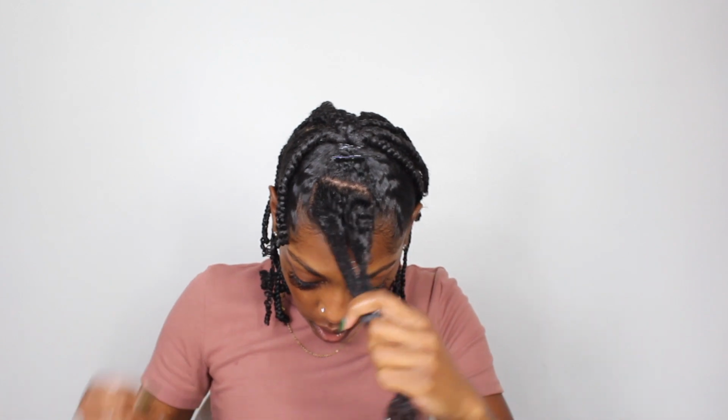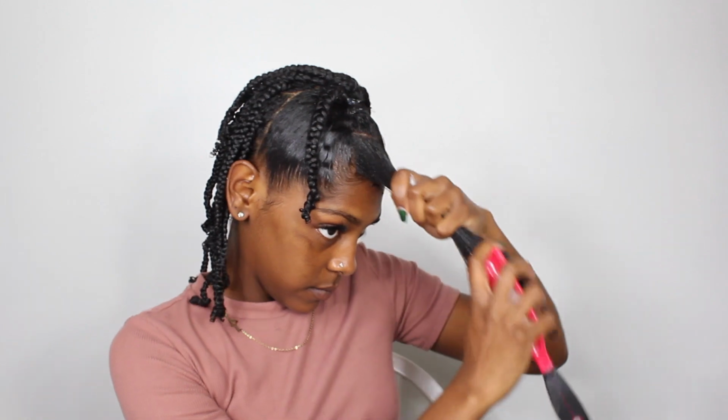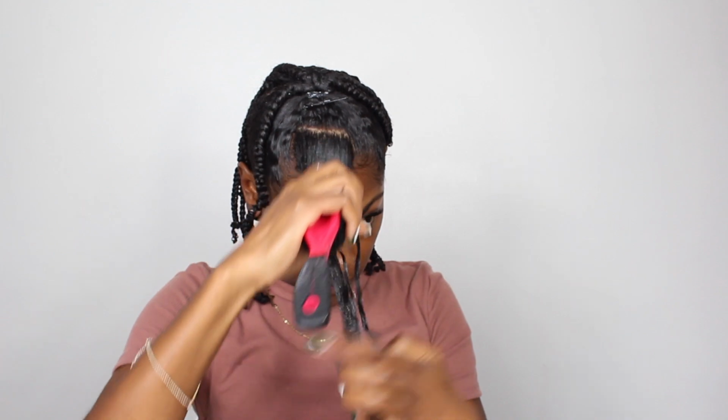Now I'm going to take Curly Magic and apply it to my section. Alright, for this part you do have to act quick because you don't want your hair to revert. So what I'm going to do is brush this, right? And then I'm going to